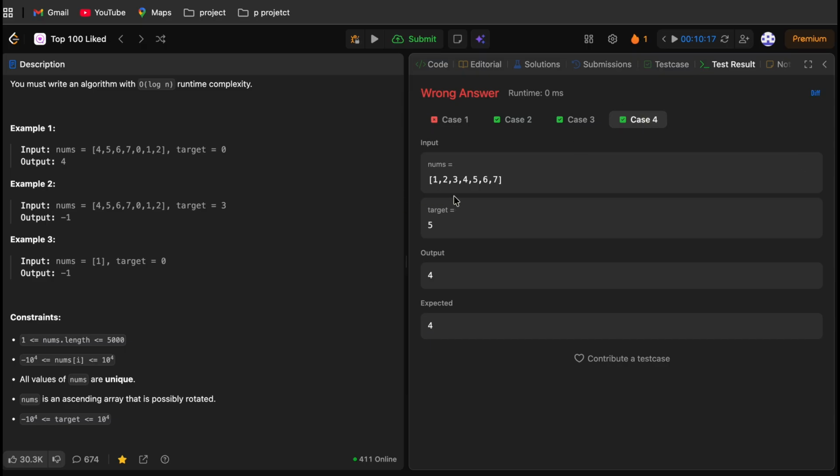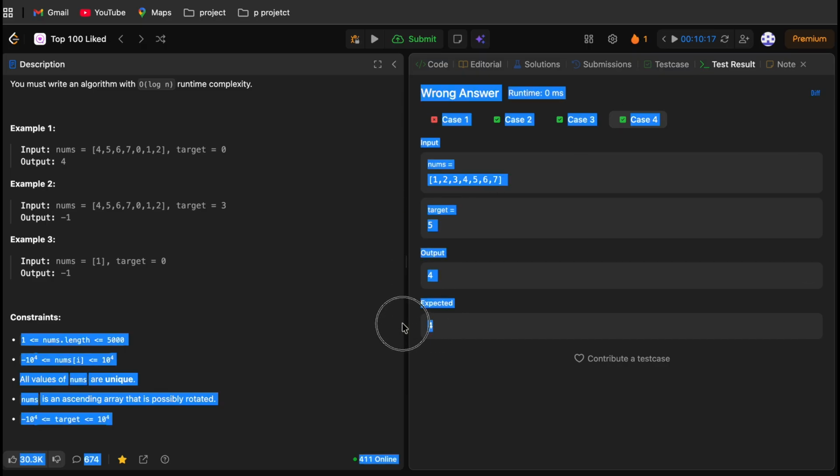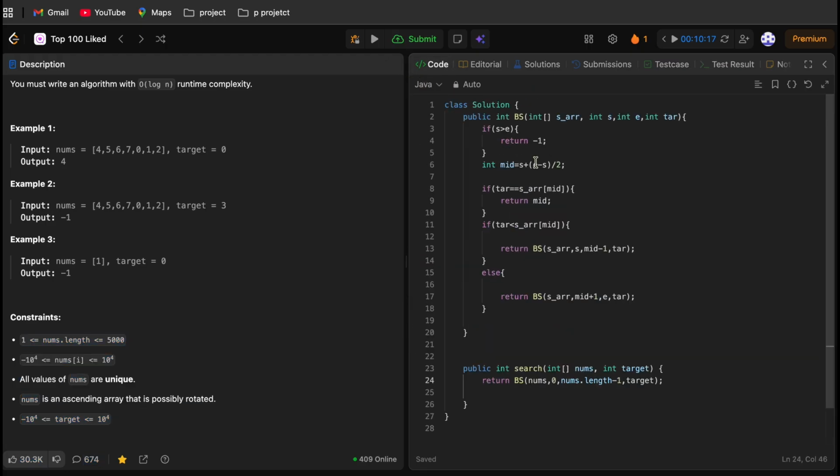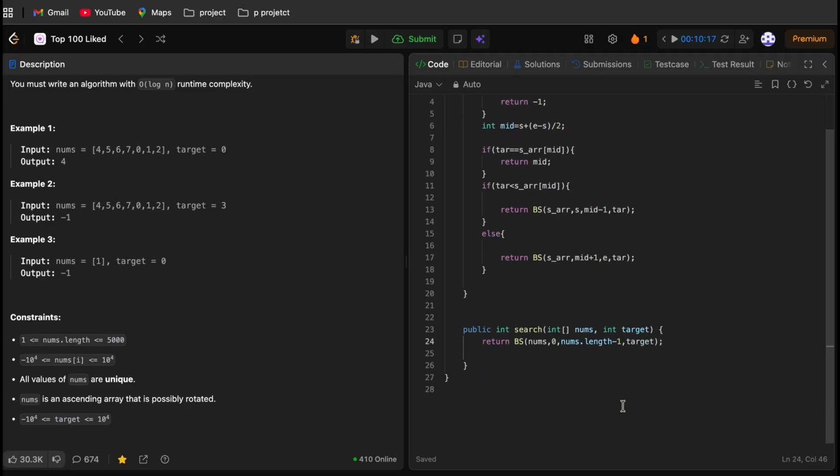Okay, so for this case, when our target is 5, the output is 4 and the expected is 4. So our binary search code is correct. So we can reuse this for the left part and the right part as I was talking to you. So this is fine. Our binary search algorithm is done. So let me just quickly